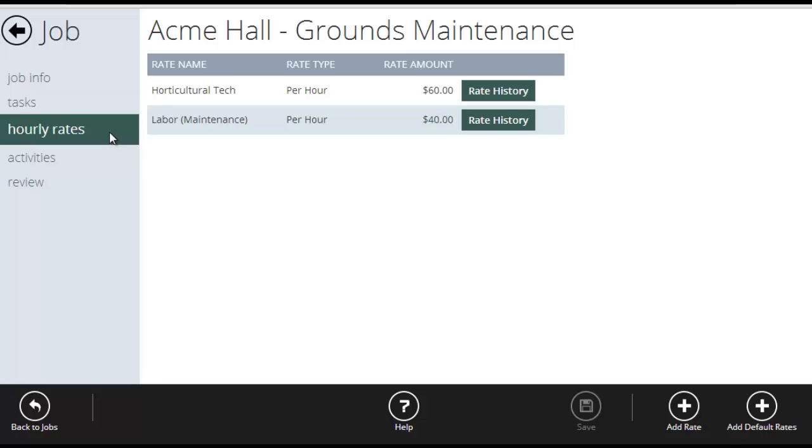Now we're looking at the hourly rates tab of a job. Hourly rates allow you to set up a billed by the hour rate for a client if your contract is structured as such. So most of our contracts are fixed price and we don't need to set up hourly rates at all. The only reason you'd need to set up an hourly rate is if you do work by the